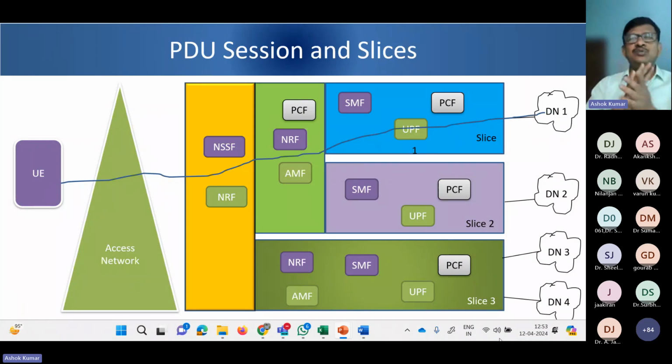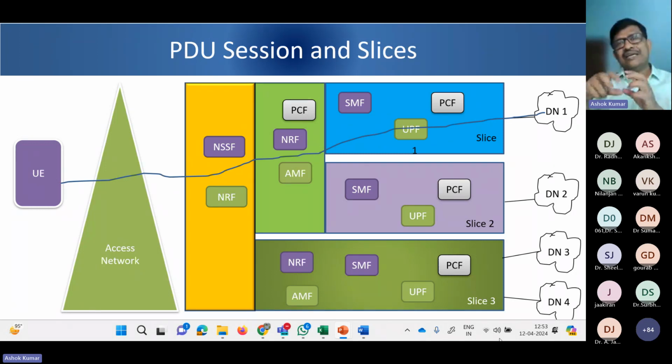So suppose I am a company trying to install a smart meter across a particular state, and I am trying to use the 5G service. I'm trying to use the network slice. For all my IoT sensors, I'll buy the subscription from one of the operators, saying that it's a smart meter service and a smart meter slice you create for me, or in case you already have one, you allow me that.